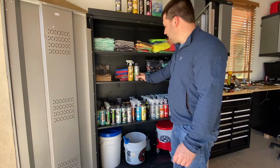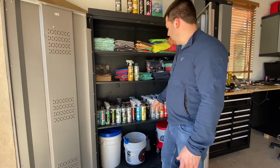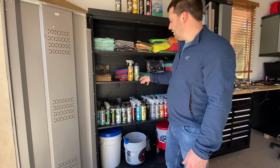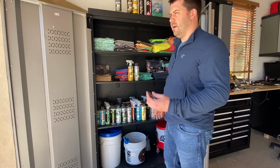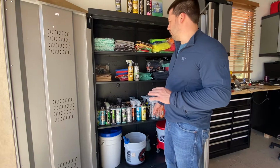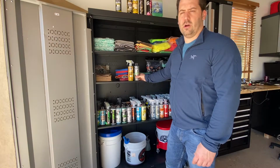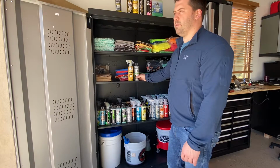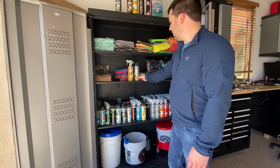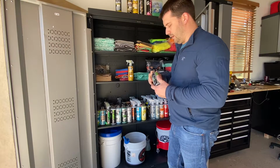This cleaner wax is kind of in the middle of a V38 and a butter wet wax. It contains Carnauba wax, but it also has micro abrasives. It's designed to remove really, really light swirls. I can't get it to cut at all on my German cars, so you would see something potentially on a Japanese or American car. Again, it's fine. I've used it quite a bit. It works well,